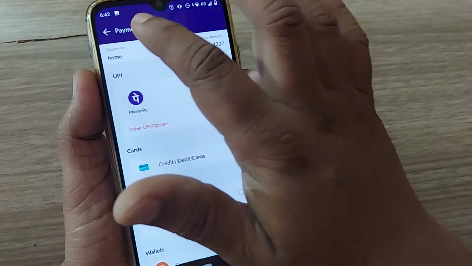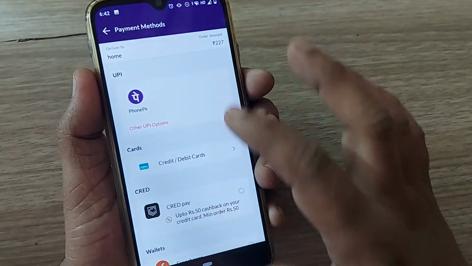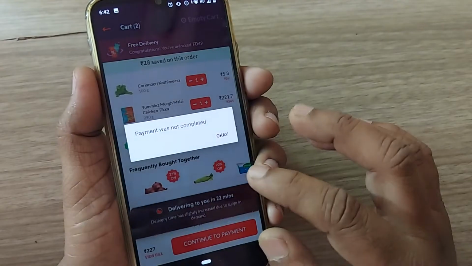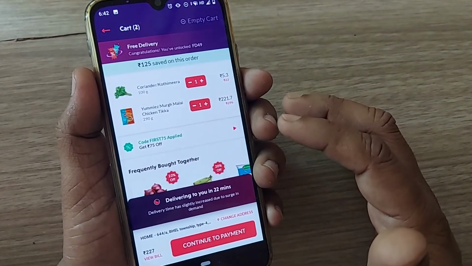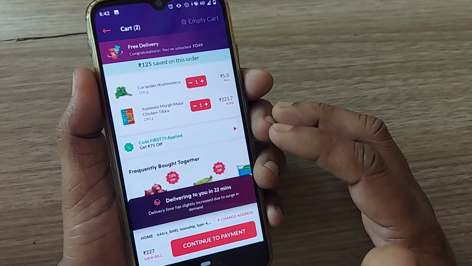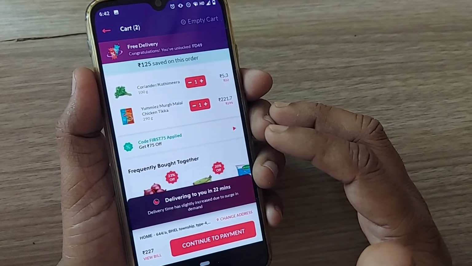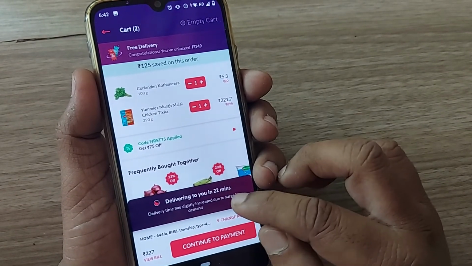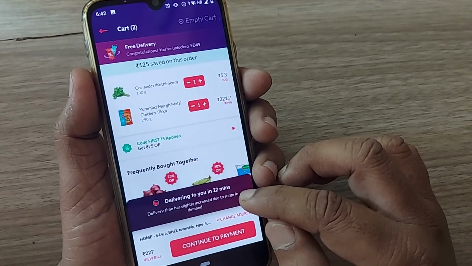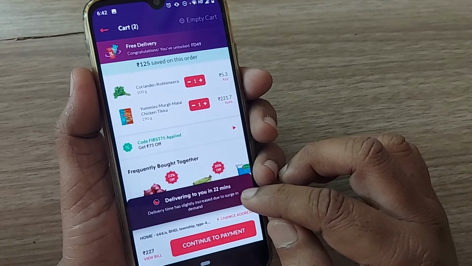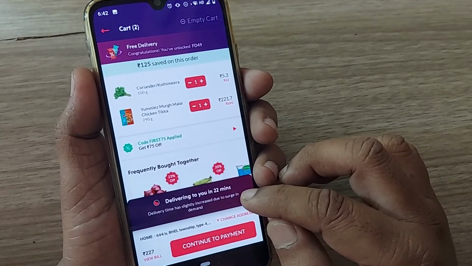That's all. So simple and an excellent app made by Zepto. They are delivering the items within 20 minutes. As they are saying 10 minutes, but sometimes it is based on the location and demand. It may be even going to 22 minutes if you observe here. It's so simple ordering through Zepto. So why are you waiting? Just order it on Zepto.